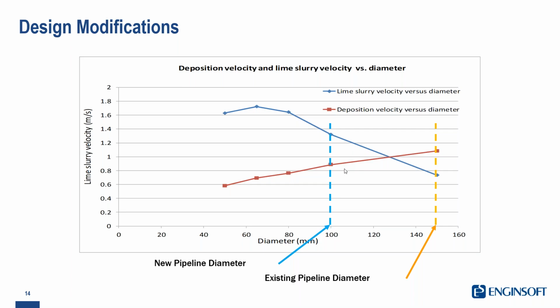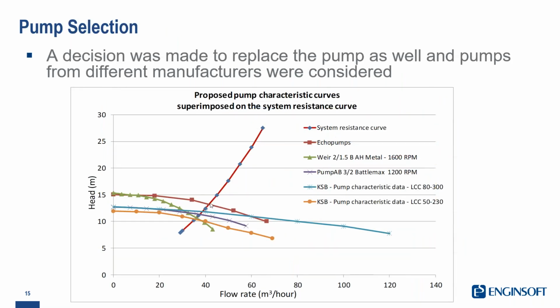Going this way, for sure, you also have to redesign your pump because you have an increase of pressure drops. So basically, you have to make a simulation about the characteristic curves, so the pressure drops of your system, which are these red curves, the system resistance curves. And here you have different pump head pressures,